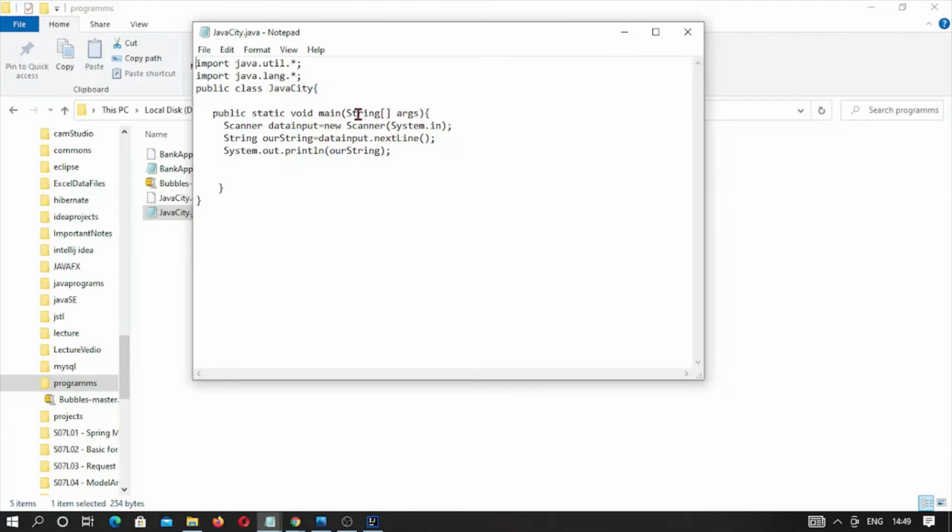We have to write here String, and this big bracket will identify it as a string array, and the name of the parameter is arguments. So whatever argument we are passing here is an element of the string array, and as this small bracket closes, the curly bracket will start, and it will end with a curly bracket.